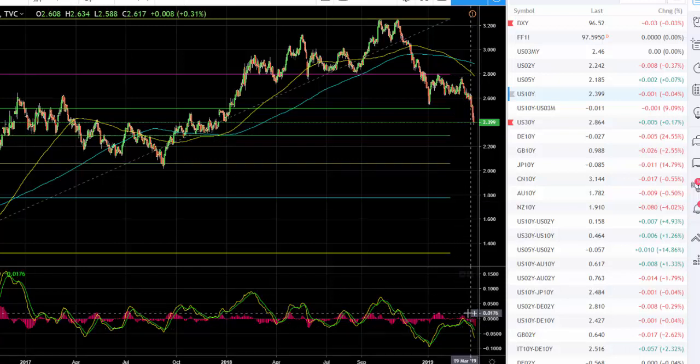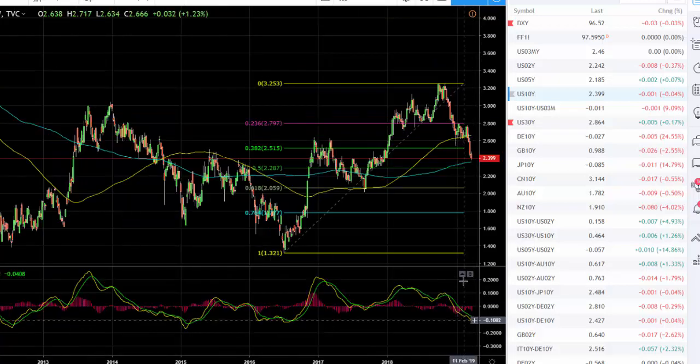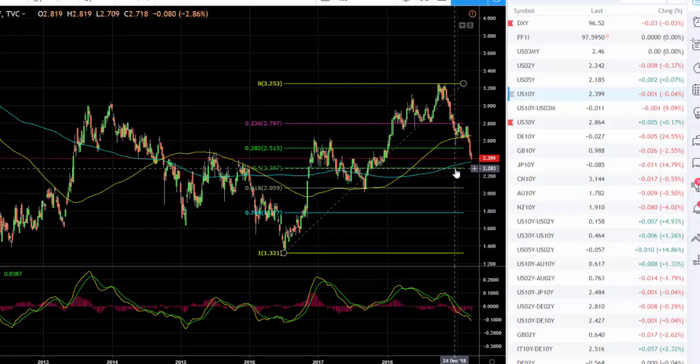So the daily indicators are pointing lower, and the weeklies are doing much the same, and as you can see, we've got this 50% level here at 2.28, and we've also got the 200 week moving average just here, which is currently at 2.35%. So it wouldn't surprise me if we could see continued weakness there, and it doesn't look particularly good for